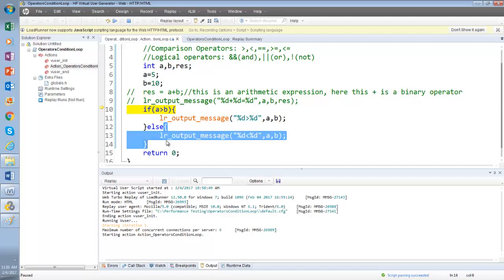If you do not want the else block, you do not use it. If the condition is true, that part will be executed. Otherwise, nothing will be executed regarding if.